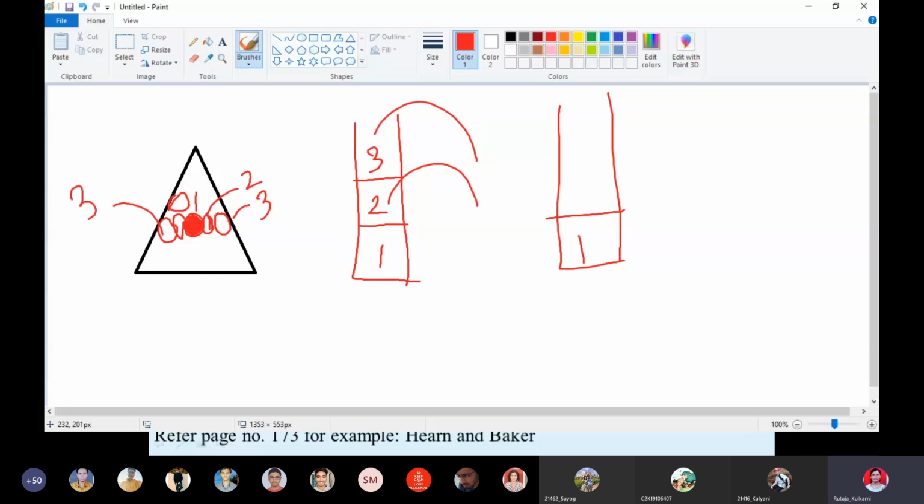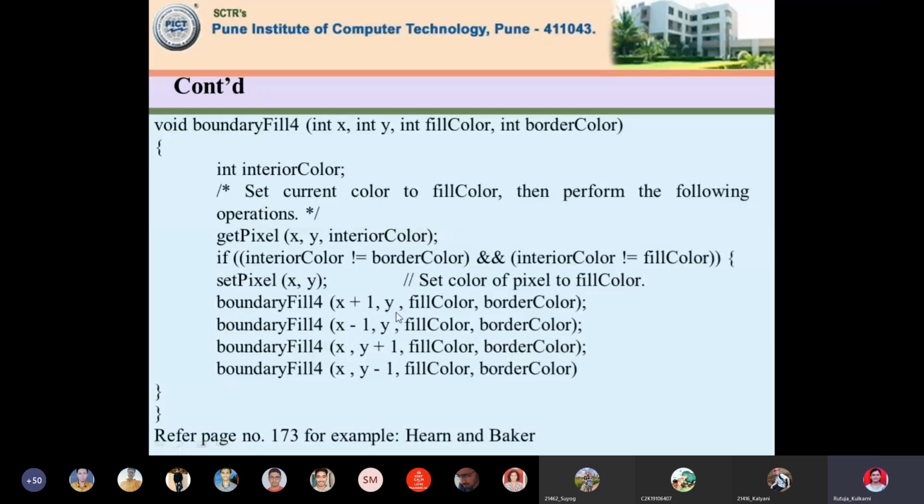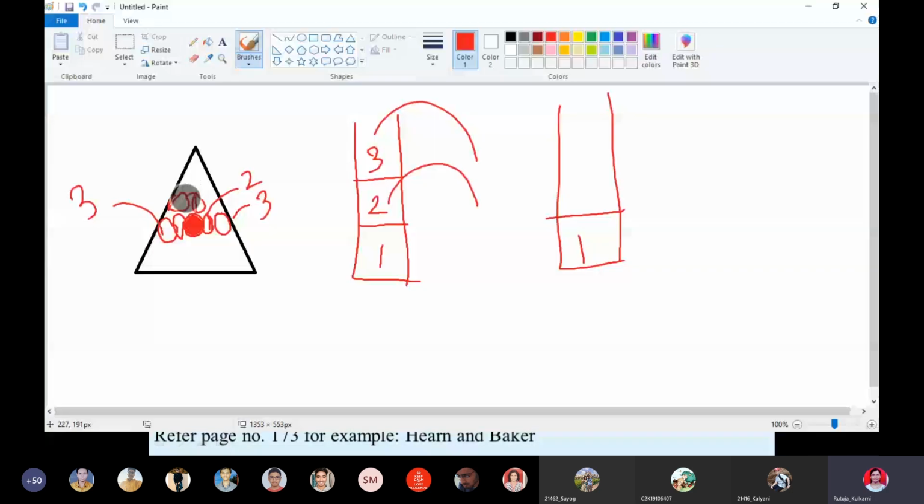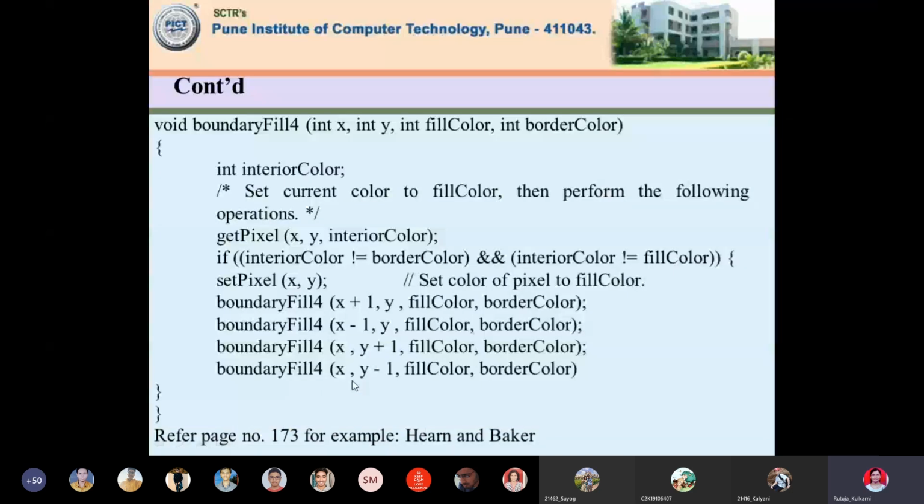Then again it starts, come inside x plus 1 y. Like this it goes on filling, next above that, above that, above that, like this. When it reaches the top, y minus 1, it starts coming back. Now here it will come like this.